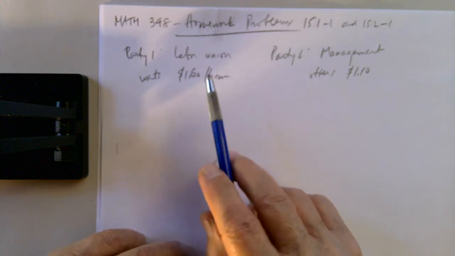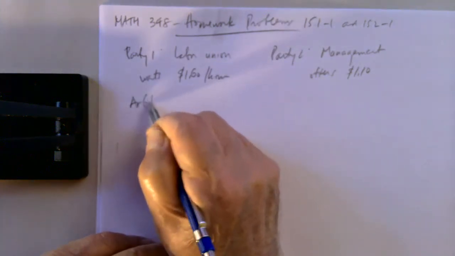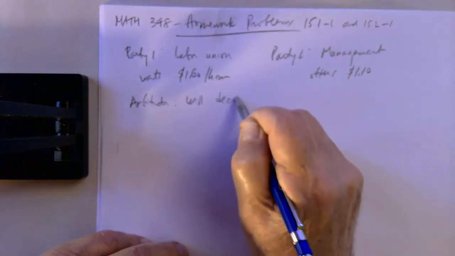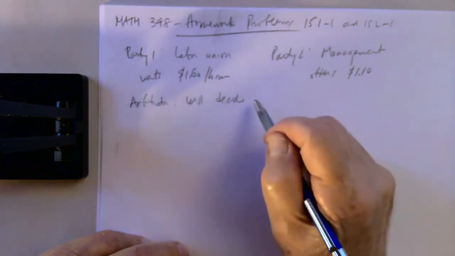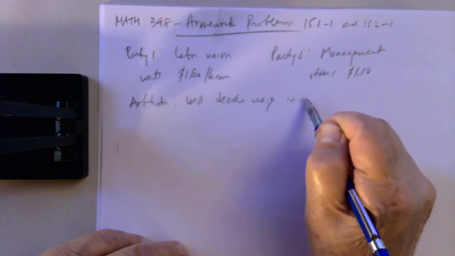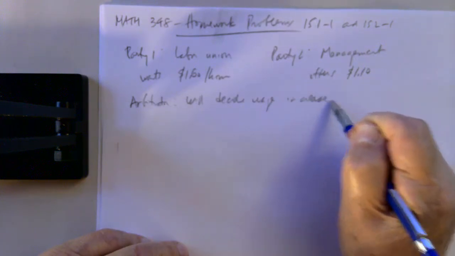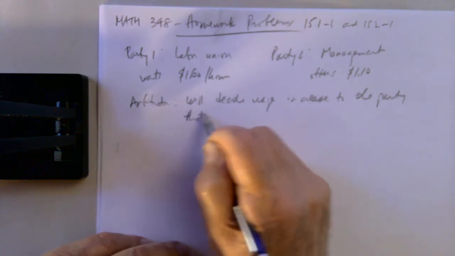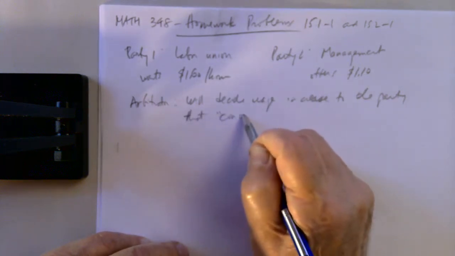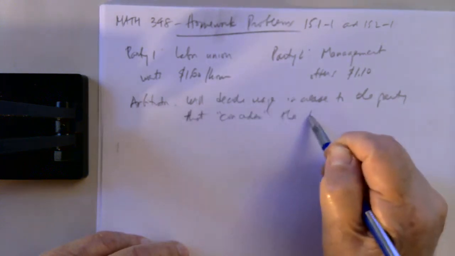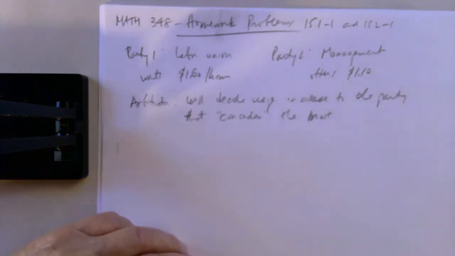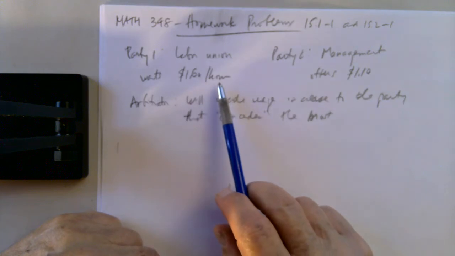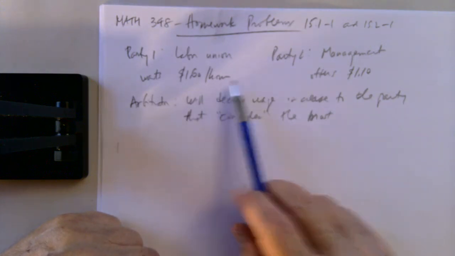so there's an arbitrator. So the arbitrator will decide the amount of the wage increase to the party that concedes the most. So for example, if the union says, okay, we can go with $1.40 an hour, and management says,